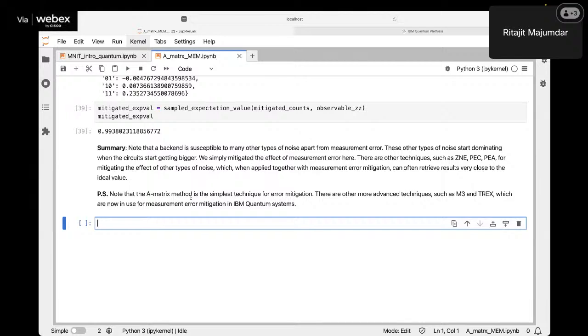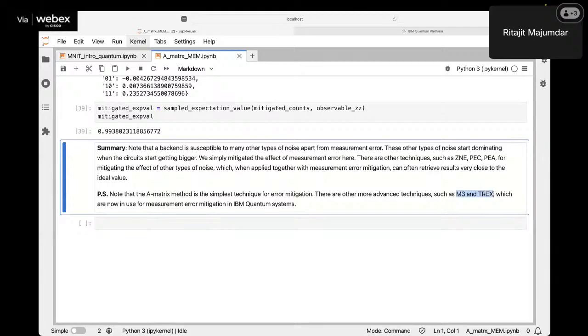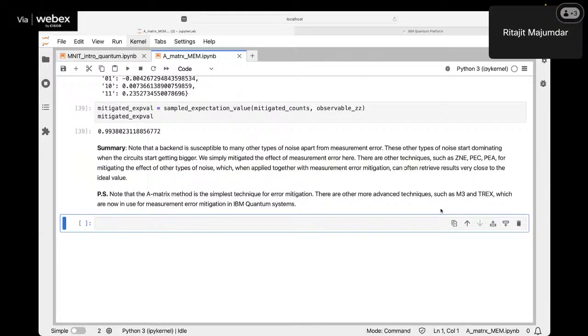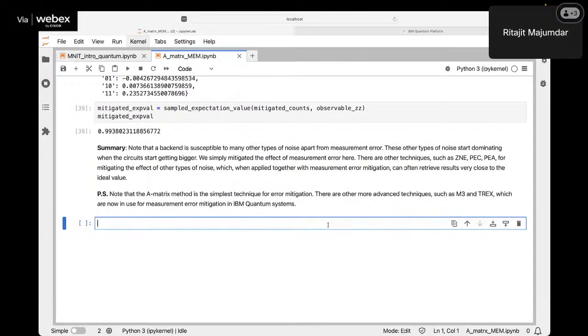Even for measurement error mitigation, now we have some more advanced techniques like M3 and T-Rex. If you are interested, you can go ahead and look. T-Rex is the one that is actually used by Qiskit at this moment. So when you do want to use Qiskit, let's do this: from qiskit_ibm_runtime import EstimatorV2. Remember one thing, what I said is that error mitigation is applicable only when you need expectation values,